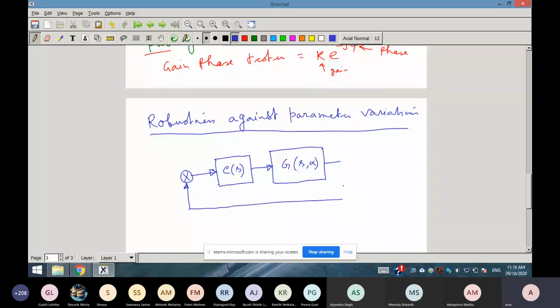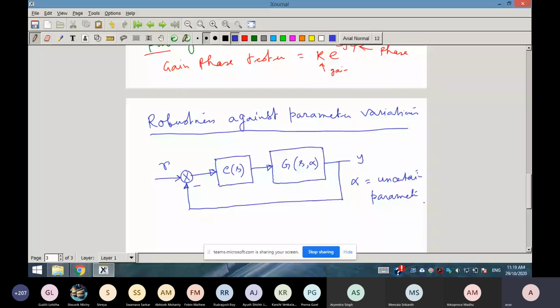But so this is, suppose, R, the reference input. So alpha is an uncertain parameter. So it is not necessarily gain. It can be any pole variation. It can be any alpha. It can be any pole, it can be a zero, it can be any other parameter. So now,